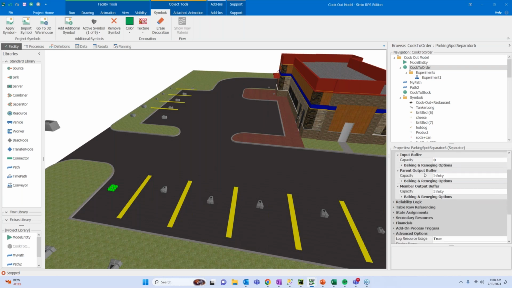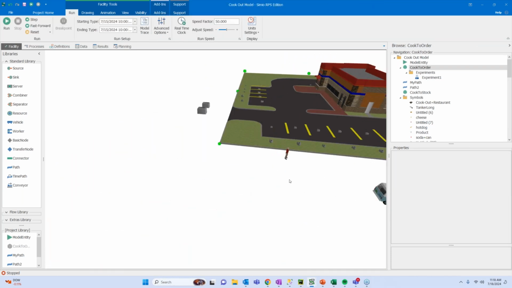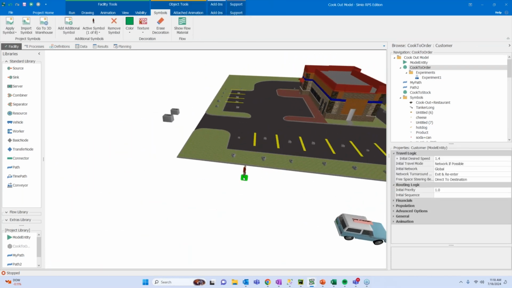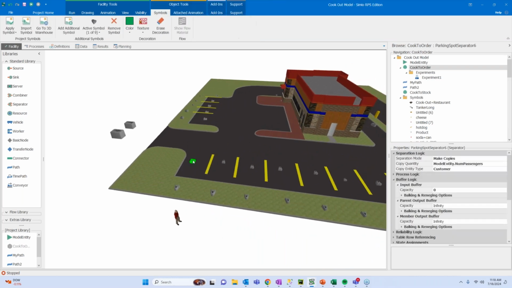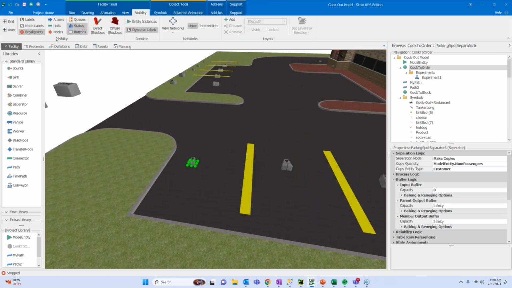And in this case, my parent is a car entity, but I want to ultimately create my customer entity so that they can go and route accordingly, because I have different behaviors for the different entity types. So as they arrive and are separated, we'll have 2 different distinctions for how things route. I'm just putting labels on the nodes for visibility's sake.